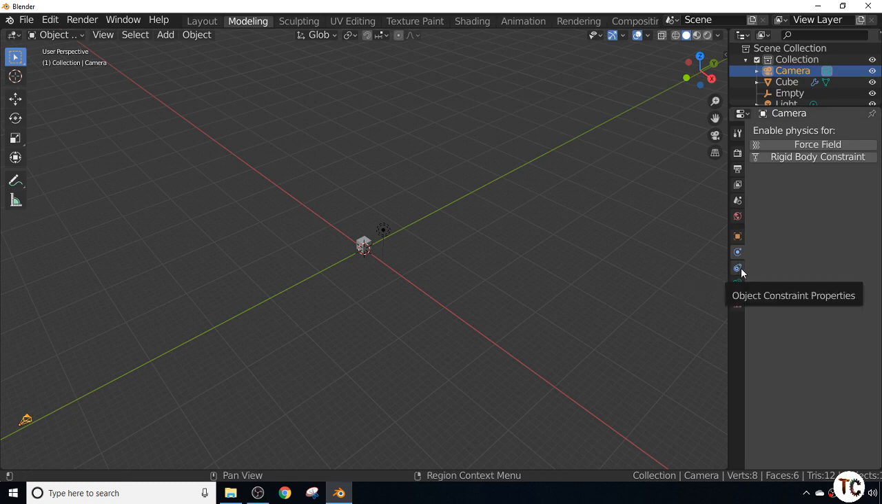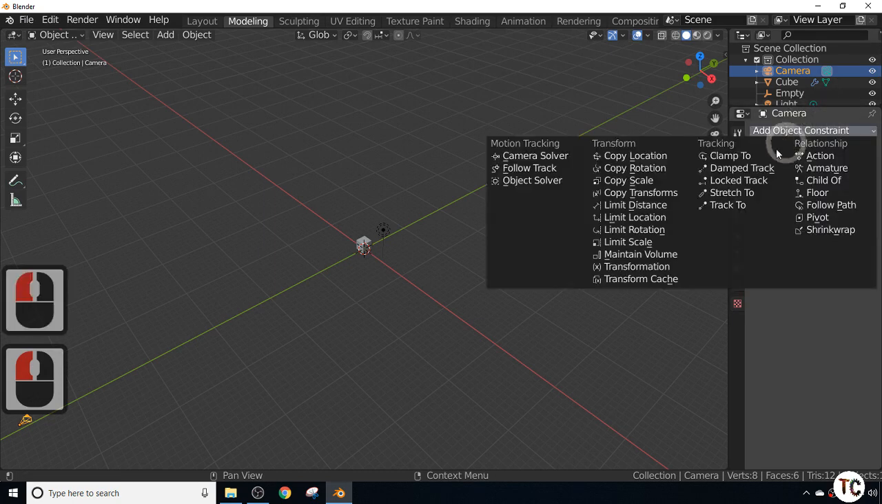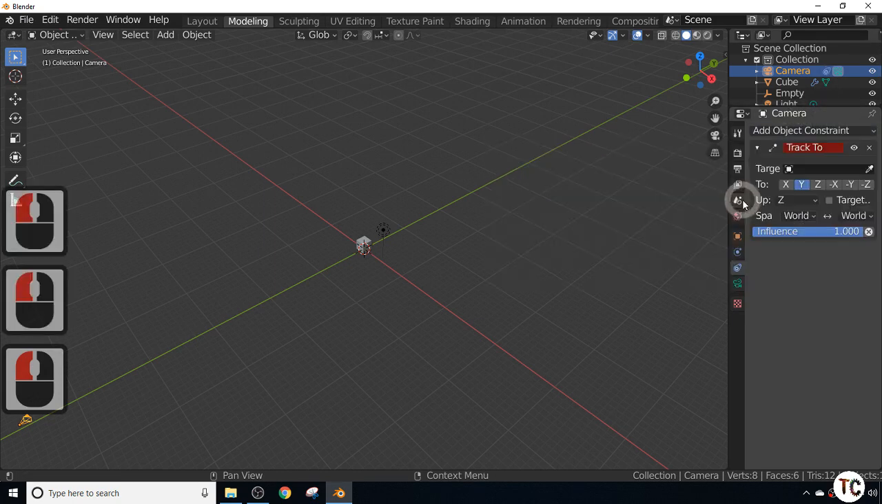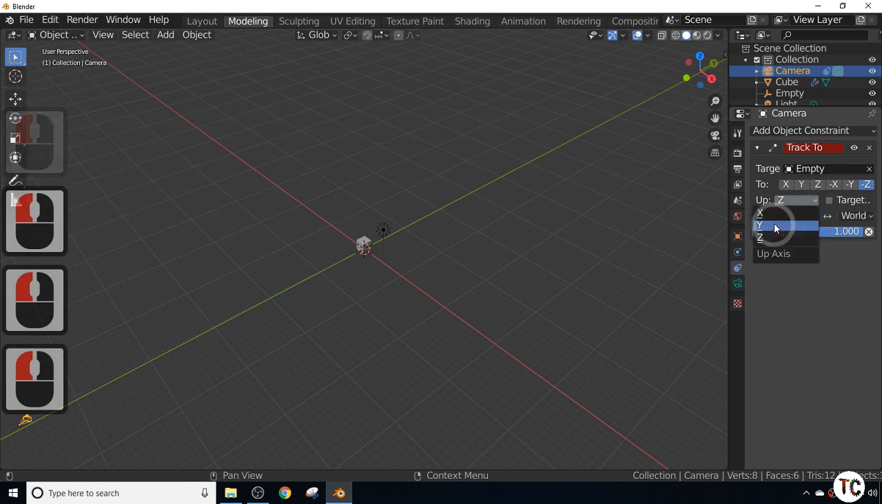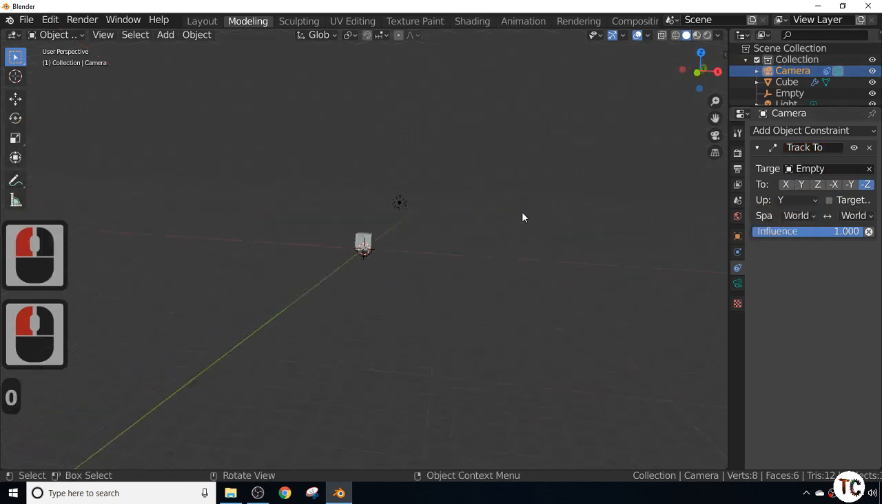Go to object constraints, which is like this little earth with a little moon going around it, which looks like a bicycle chain. Add the constraint and track to. And what I want it to do is track to the empty. So select the empty, press Z and Y. Now the empty, if we hit the 0 key,